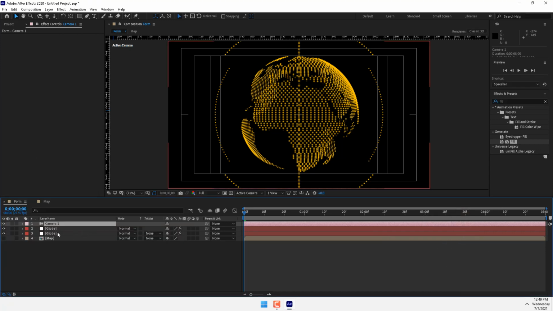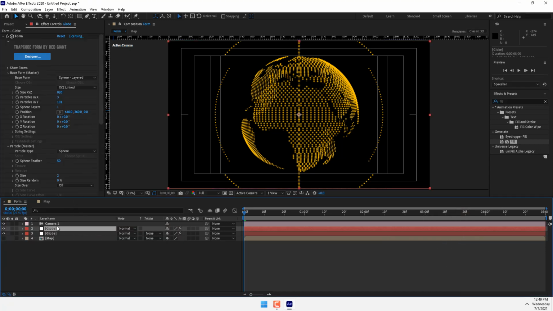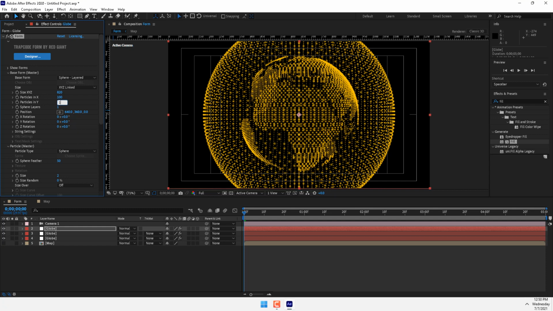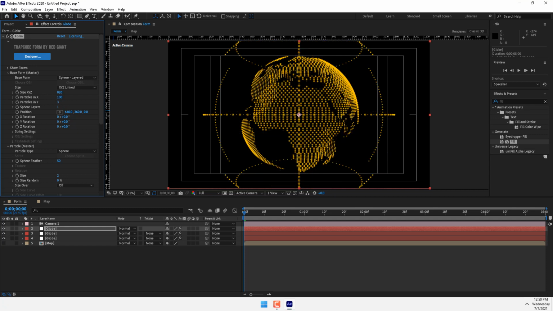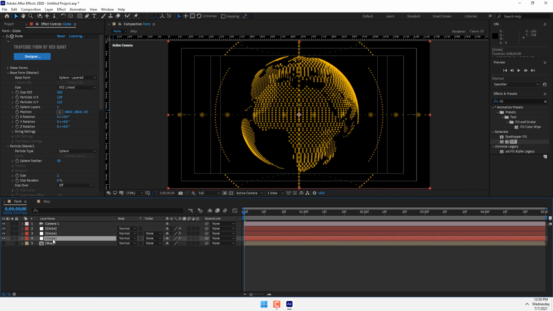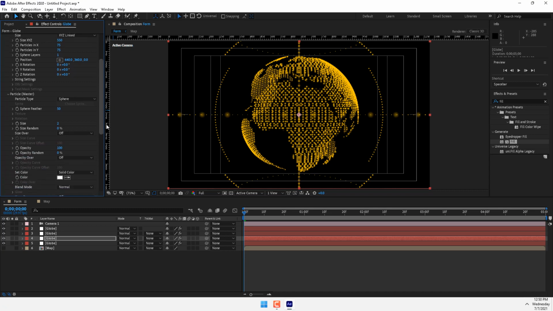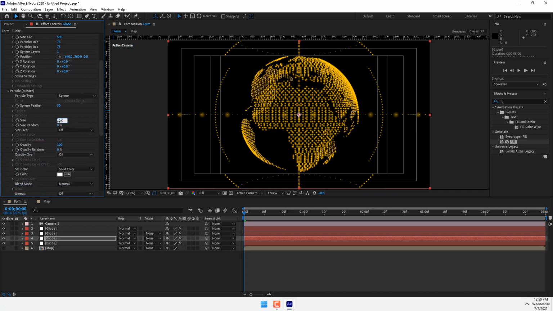Press OK, and then press Ctrl D, duplicate one more, and then change this to 100 and change this to 3, and scale up the size like this. And now select Glow, then Ctrl D, duplicate, and bring the particle rate down to 75, and change the size to 0.5,